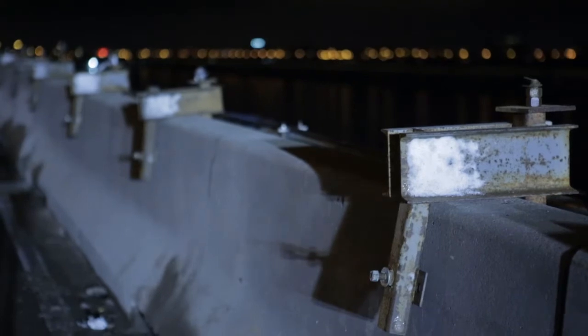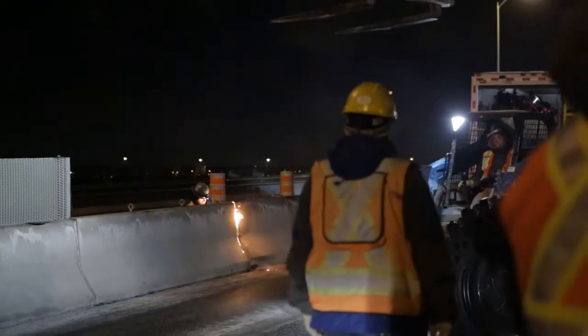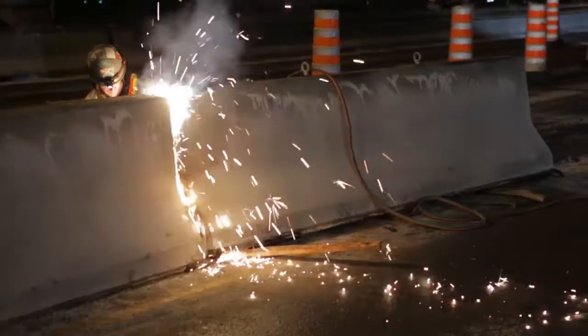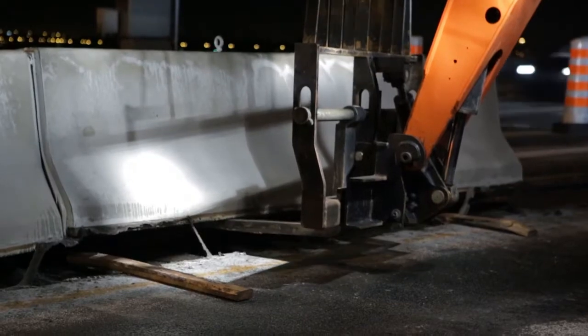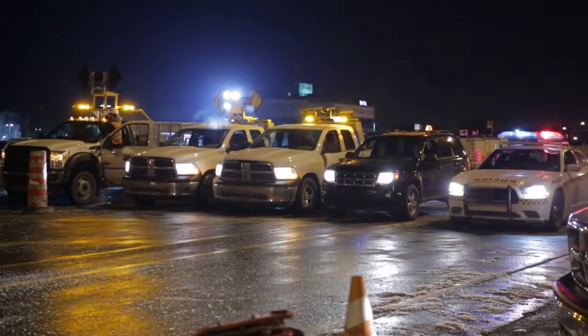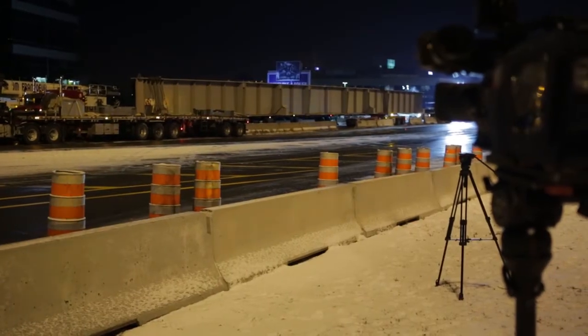With freezing temperatures and ice present, moving the median was very difficult. Some of the median was cut, while other sections were broken in order to proceed rapidly, as time was of the essence. On the Ile des Sœurs side, the support beam was ready, loaded onto a long load dolly, awaiting